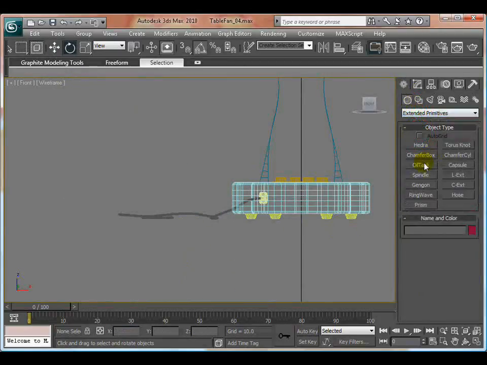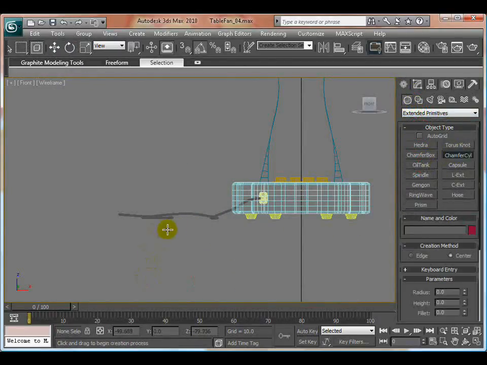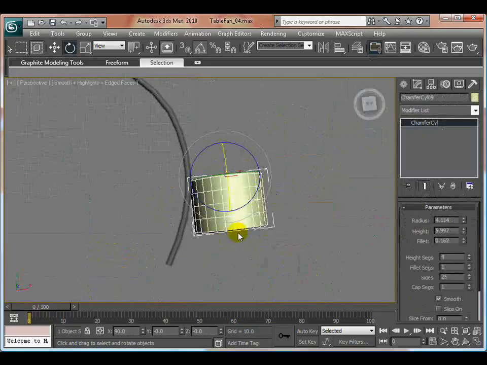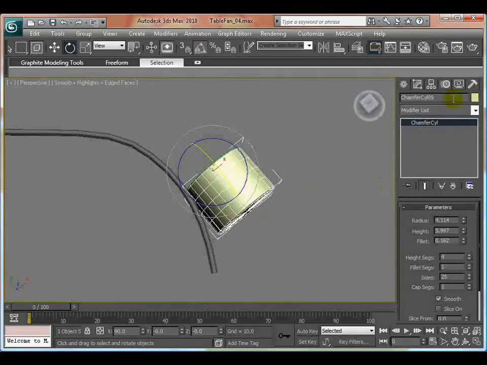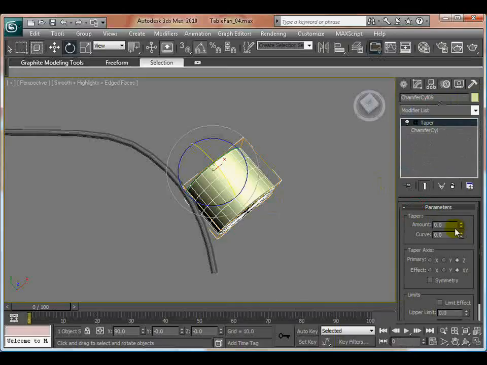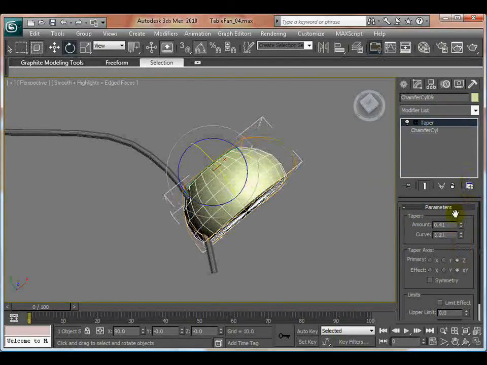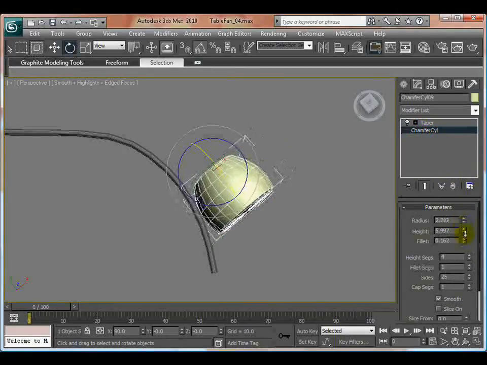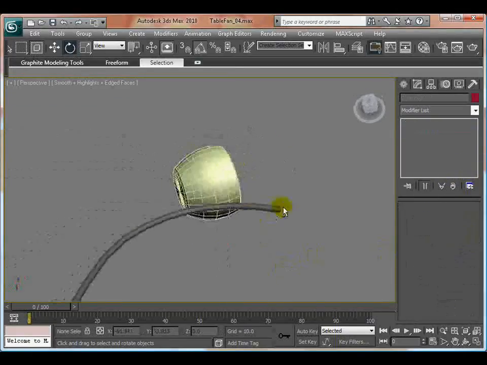Extended primitives, cylinder. Now I want to taper, apply taper, then amount, curve, see that is